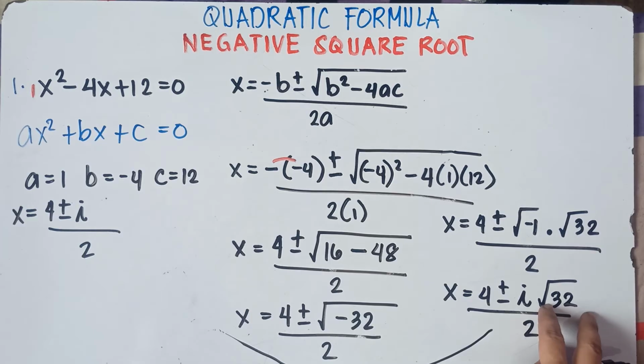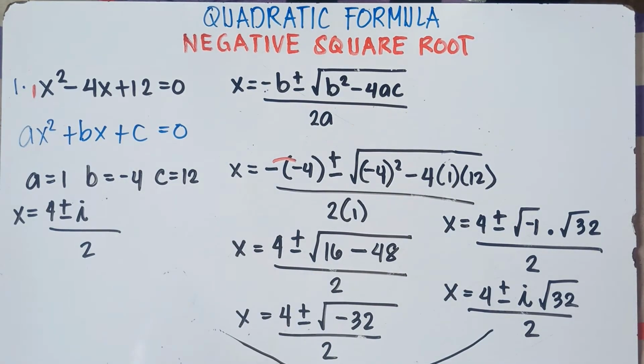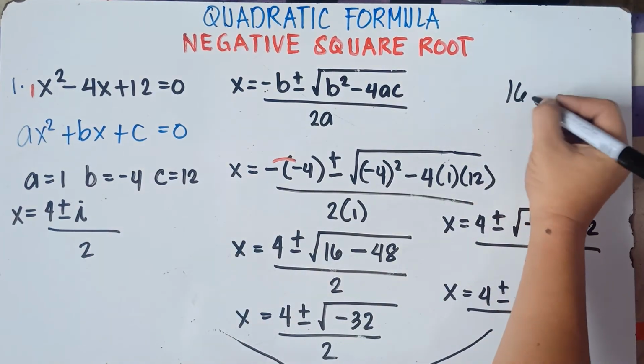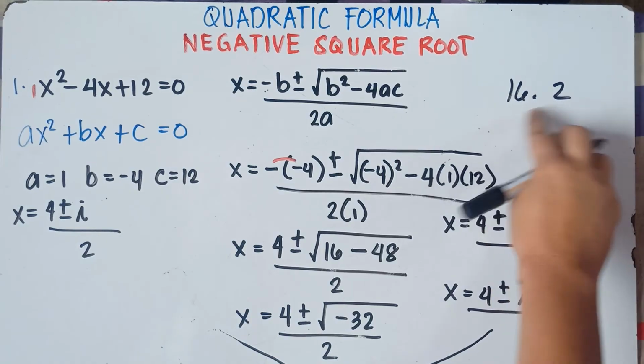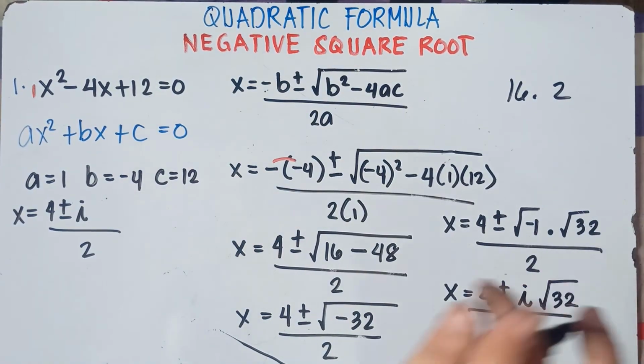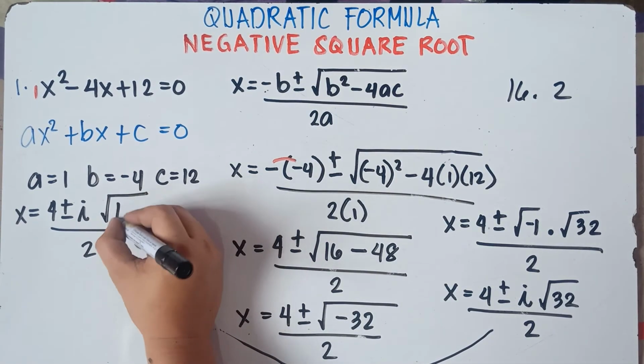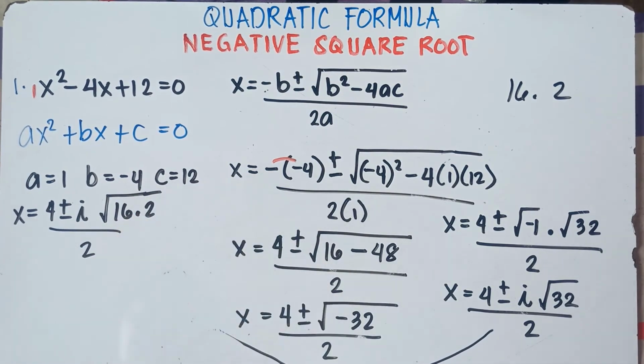By the way, class, for the square root of 32, do we have a perfect square root of 32? Nope, we don't. 32 is not a perfect square. So therefore, we can simplify this one by what number, class? That's correct. That would be 16 times 2, right? 16 is a perfect square, and 2 is not. If you multiply, you will get 32. One number is a perfect square, the other is not. So this will be the square root of 16 times 2.